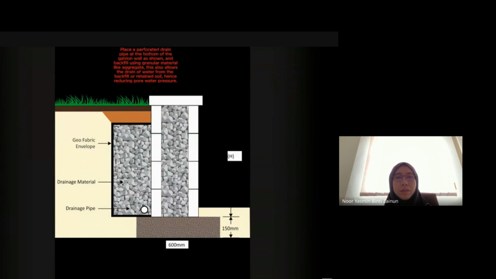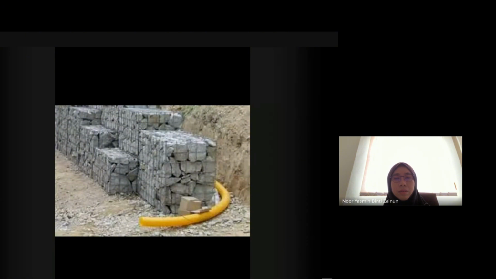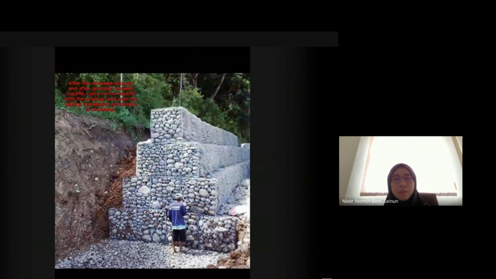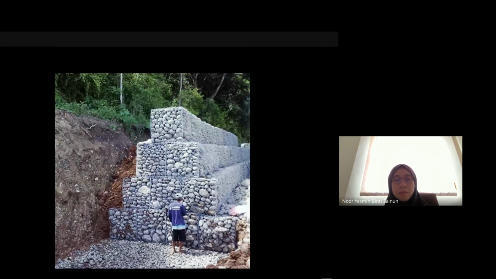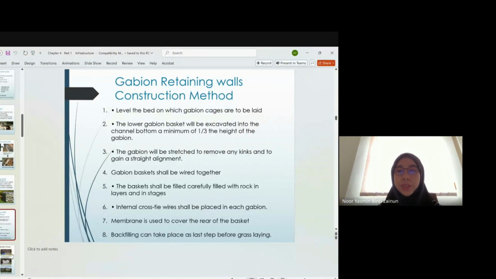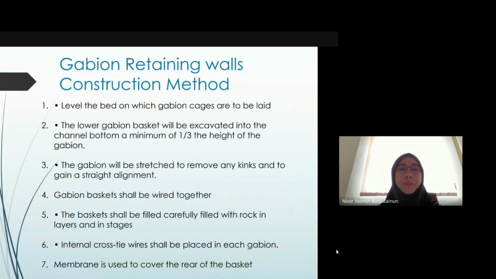Place a perforated drain pipe at the bottom of the gabion wall as shown and backfill using granular material like aggregate. This also allows the drain of water from the backfill or retained soil, hence reducing pore water pressure. After the drainage process and after granular material backfill, carry on the backfill with the retained soil and the gabion installation procedure. That is an example of gabion construction, where you actually need to level the bed on which the